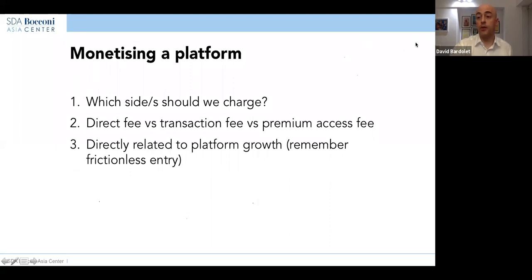And obviously, the problem of monetizing a platform is directly related to the growth of the platform. If you focus a lot at the beginning on monetizing, on charging people, you're going to slow down the growth. You're going to make it more difficult, less attractive for people to join the platform. So ideally, to go really fast in that process, you want to make it as free as possible. On the other hand, if you make it as free as possible and people get used to not paying for being in that platform, will you ever be able to charge? Will you ever be able to tell them, okay, it's been free until now, but from now on, you have to pay?